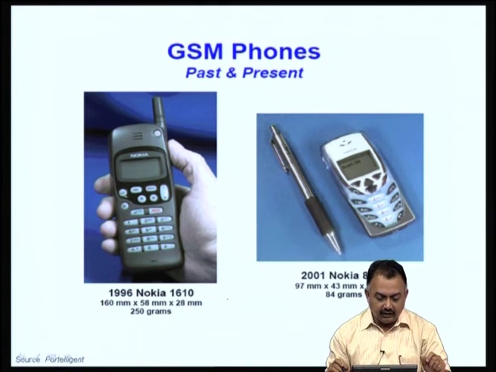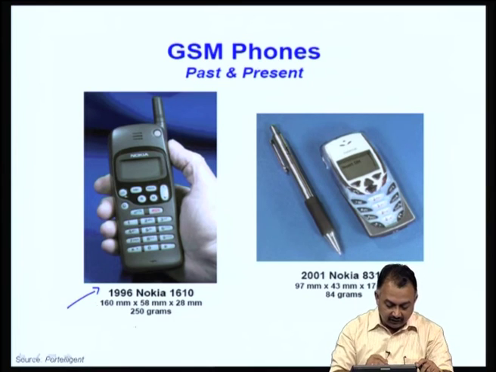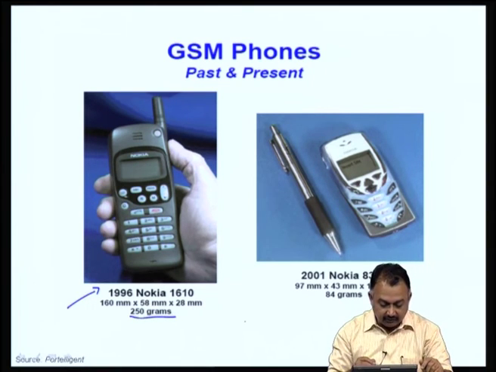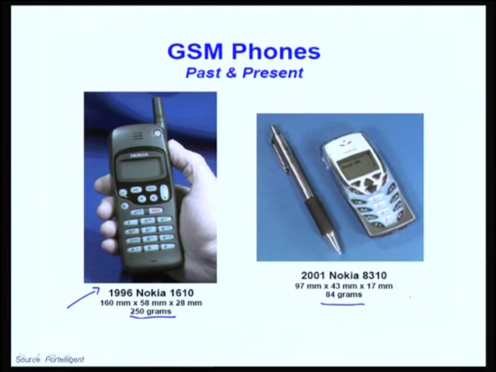Similarly, we will now look at GSM phones, where again over the years we have seen, for example, this particular model from 250 grams. Can you imagine the weight of this particular product coming to almost 85 grams. Today's standard is around 85 to 100 grams. Okay. People do not buy a product if it is going to exceed 100 grams. So, that is the kind of impact packaging, both mechanical packaging and electronic systems packaging, have on the market.